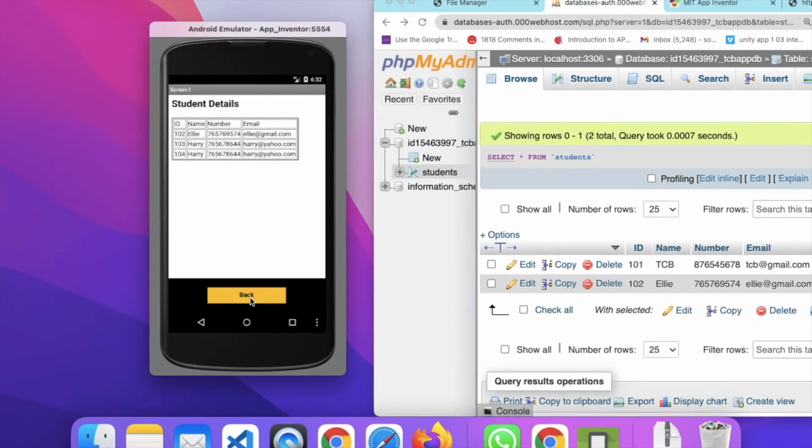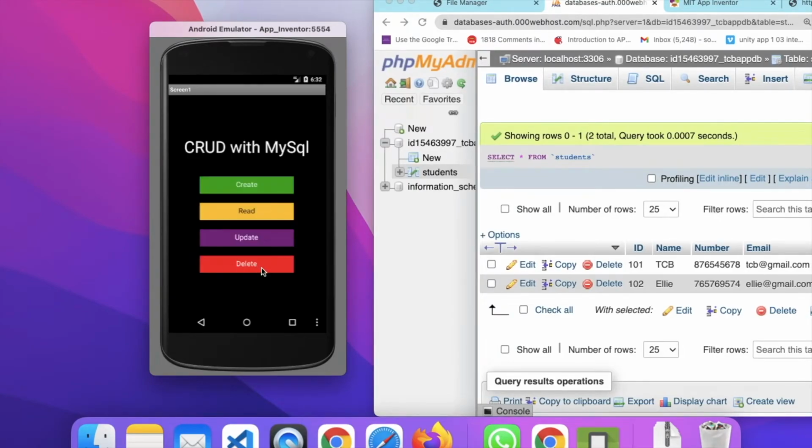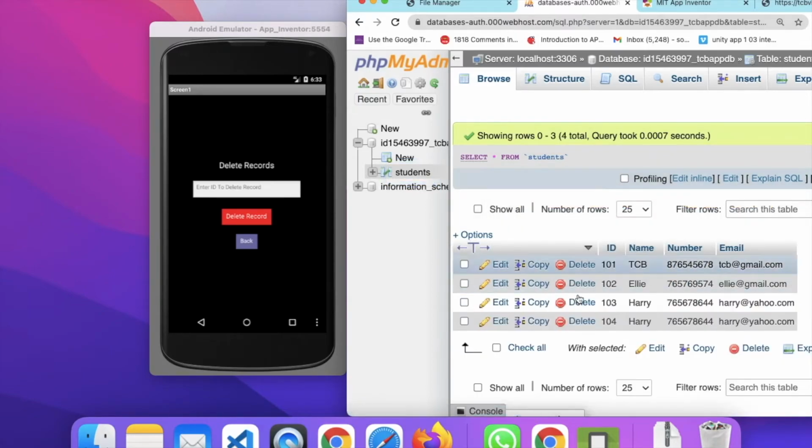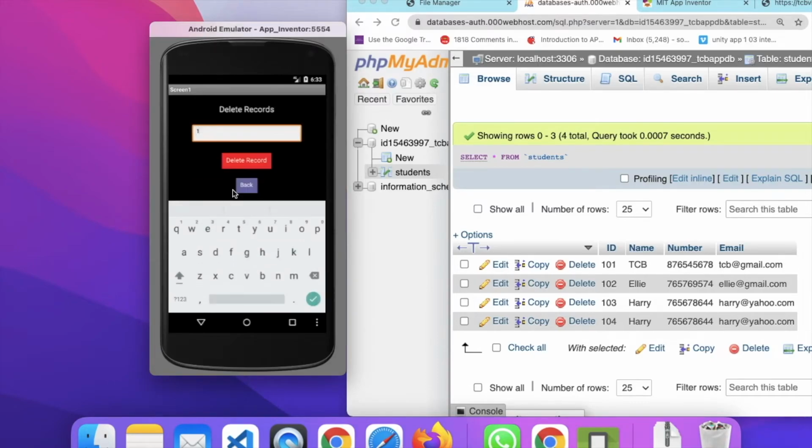So now go back and click on the delete. Now we have to delete one data. So click on delete option here. Now you can see the delete records. So enter ID to delete records. So you can see we have 101 or 102. Let me just refresh this. Maybe we have added more rows, I think. Wait, yes, we have added more. So I want to delete that 102 or 104. Okay, 104. So what I need to do, I just need to put here 1, 0, and 4,